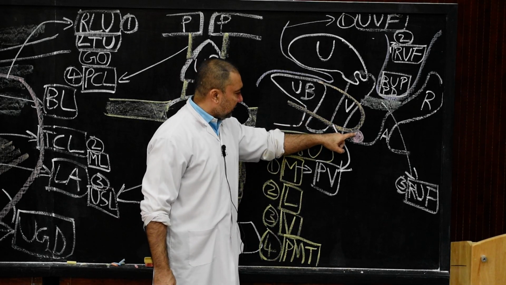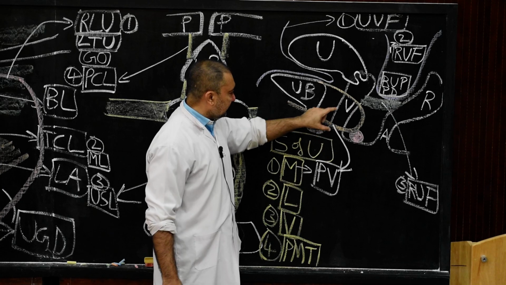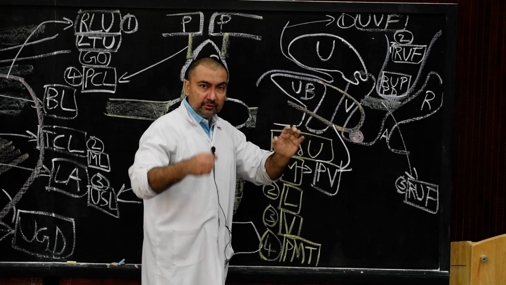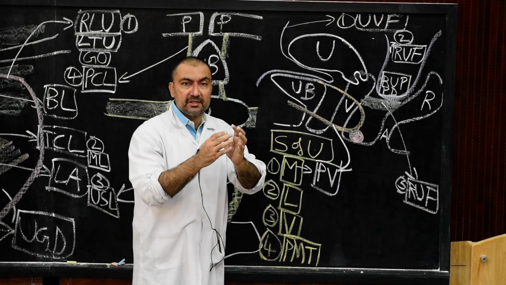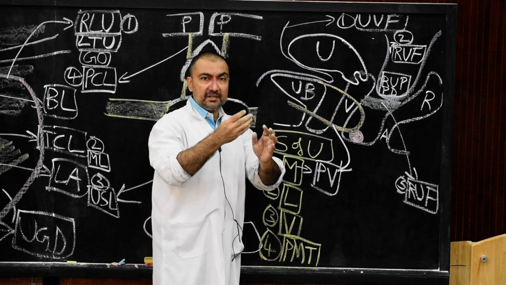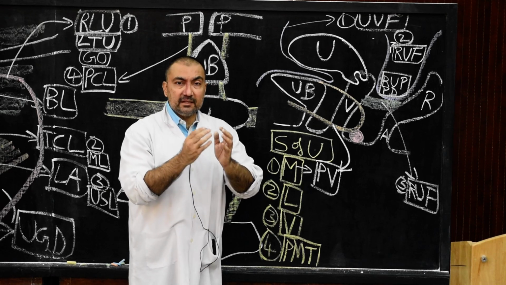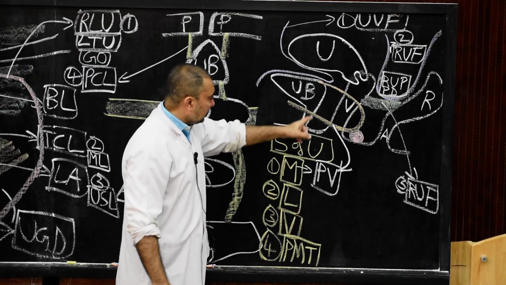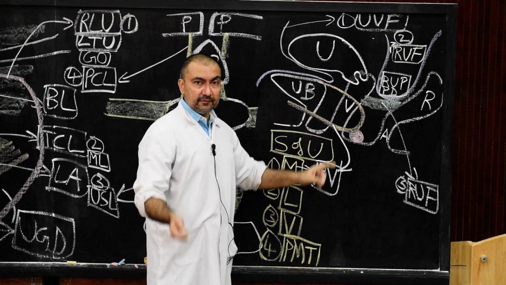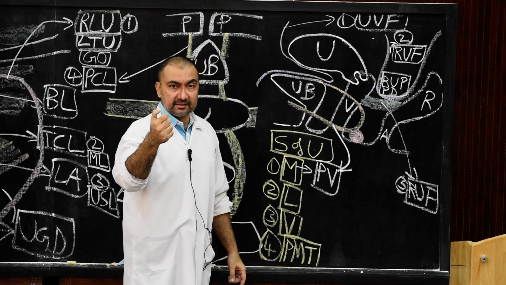Since it is attached to the perineal body, it will provide a sphincteric mechanism to the vaginal portion, and also it will narrow down the hiatus urogenitalis. Remember hiatus urogenitalis, which I have discussed with you, it is an opening within the pelvic diaphragm, within the levator ani. So therefore it will act as a sphincter, pubovaginalis, and it will help in providing support to the uterus.